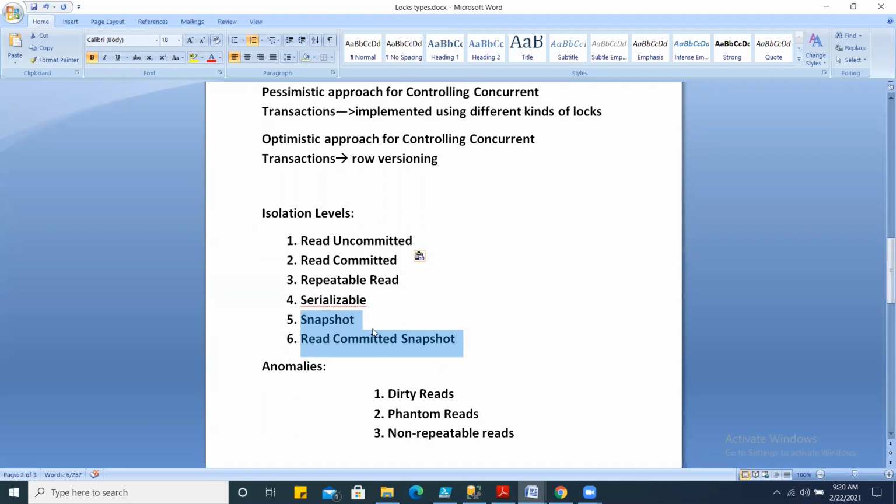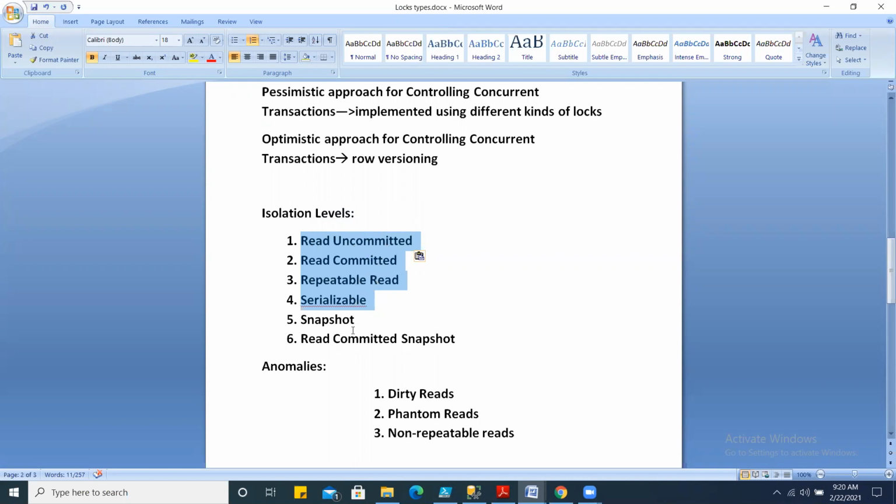A snapshot isolation level works on the principle of the optimistic concurrency control mechanism. You have 5 isolation levels available. Before 2005, you had only 4 isolation levels, which worked with a pessimistic approach of concurrency control. When I say pessimistic approach, it means that under these isolation levels, SQL Server thinks that whatever transactions you are executing, something may go wrong. So as a precaution, it takes relevant locks on the resource first.